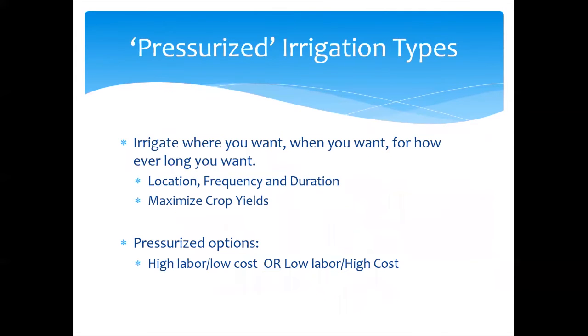Pressurized irrigation types, as opposed to flood, is you can really irrigate where you want, because you can move the sprinkler around easily, and you know exactly that's where the water's gonna go. You can irrigate when you want to. You can turn water off and then water stops flowing. Flood irrigation, you've got so much water on the field, you can't just stop it. It's just out there. And there's different pressurized options, high labor, low cost options, and low labor, high cost. Next